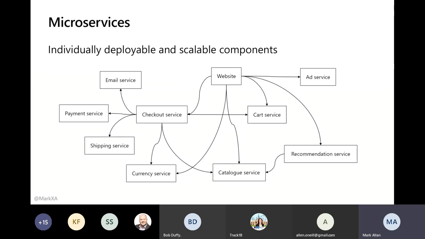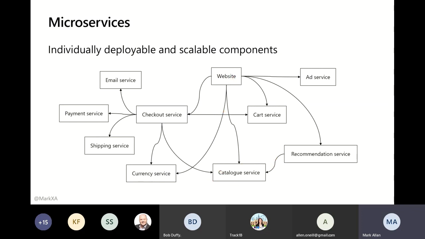But these days we're looking more and more at this sort of thing. So we're talking about services or microservices, and for my purposes here, I'm going to think of a service as something that's individually deployable and individually scalable. In this case we've got some sort of fancy e-commerce system, and there's a checkout service over here, and a cart service, an actual website, and a product catalog.